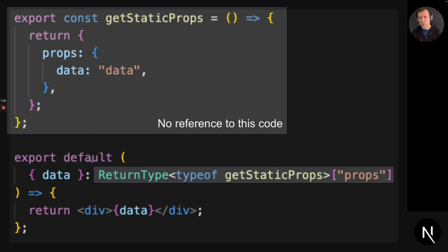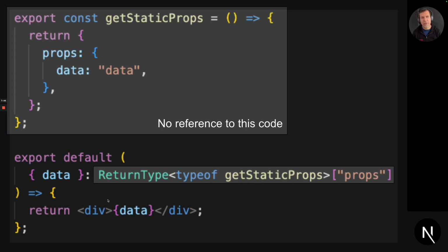And so the thing is, we need to somehow refer to this type, right? We need to basically say that we want to make sure that whatever we return here actually type-wise fits into what is being used at this particular location. And so we need a way to refer to this piece of code without actually referring to it. And so it turns out TypeScript has two modes, right?